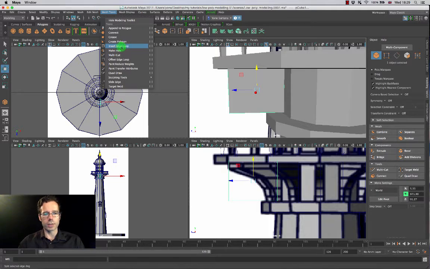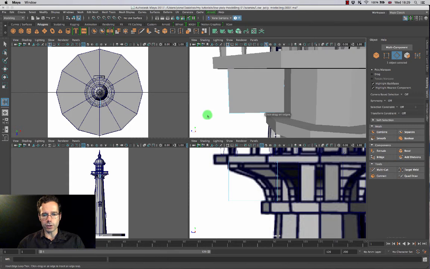What does the Insert Edge Loop do? Well, when I click on it over here, I can select any polygon object, and as I click and drag, it's going to cut a perpendicular edge loop like that. I'm going to drag this up here so that it matches that edge loop line inside of my reference, just like that. And then I'm going to press again on these vertical edges, click and drag,